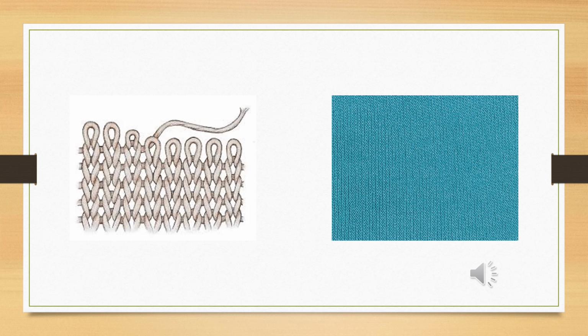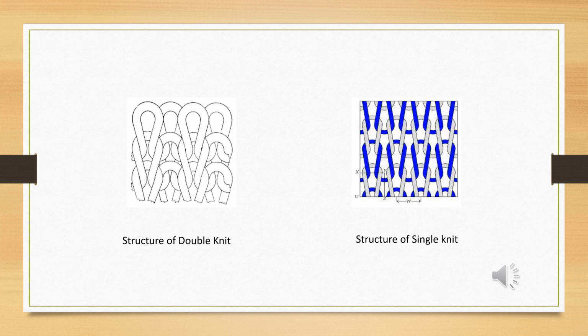Apart from weaving, fabrics can also be made by knitting. In knitting, one set of yarn is used. Types of knitted fabric. There are the following types of knit: single knit, double knit,